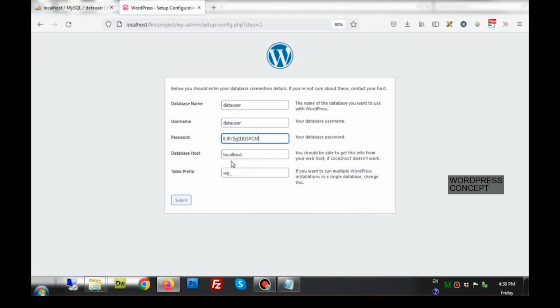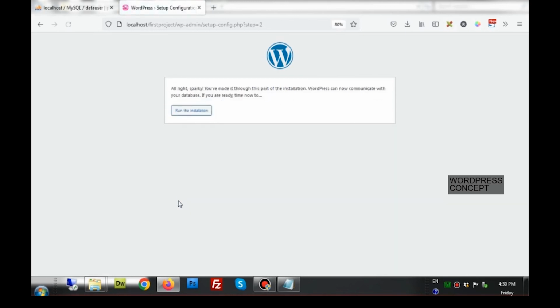Now localhost is the host name, as I told you during the process, and table prefix is wp underscore. This is the prefix. Wp underscore will be given before all the table names. Now I am clicking submit and run installation.